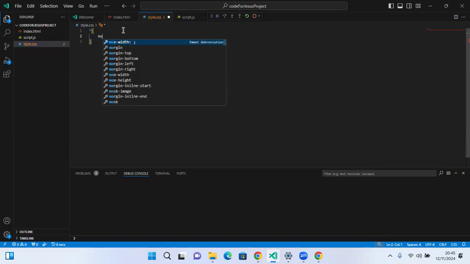Margin zero. I think we all know what margin is. Let me just refresh our memory. Margin is the space around an element, outside an element. So the space between the border and maybe the edge of the container, the edge of the screen, or another element. Padding is the space between the border and